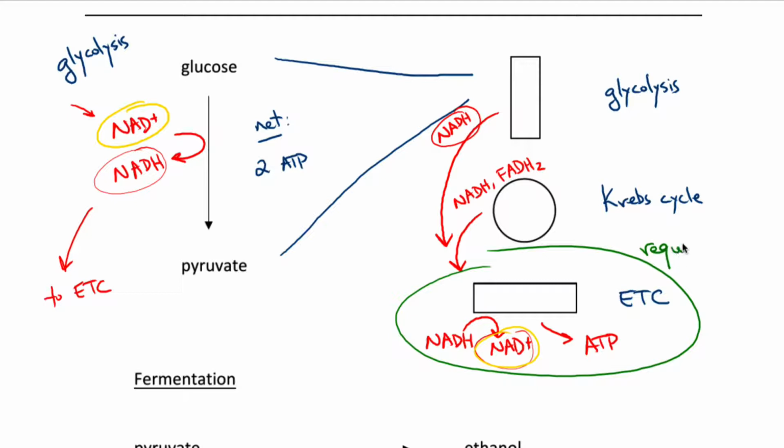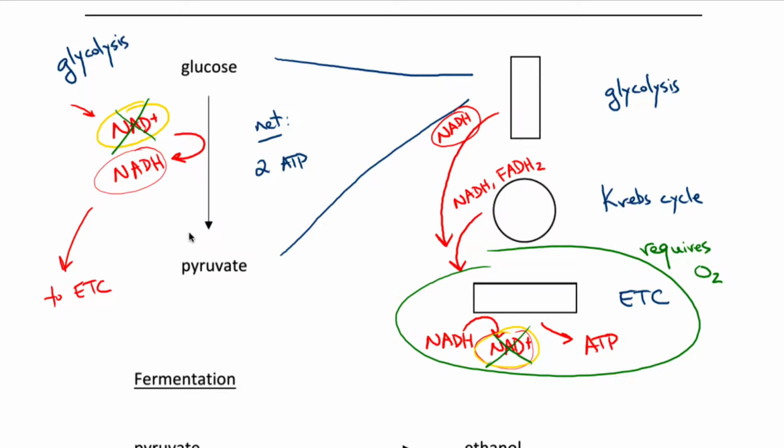That's why we need to breathe in oxygen. It turns out that oxygen accepts electrons at the end of the electron transport chain. No oxygen, no functioning electron transport chain. No functioning electron transport chain, no NAD+ being regenerated, and then glycolysis grinds to a halt because it's missing one